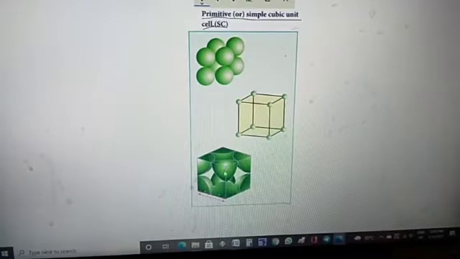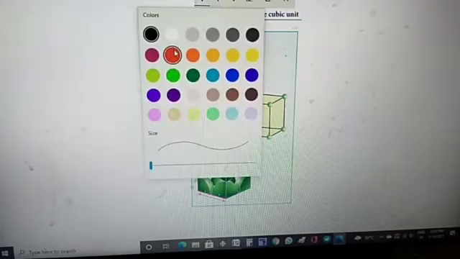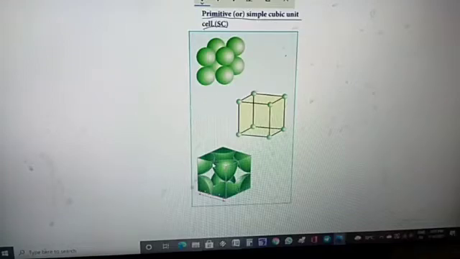Next, the actual portion that belongs to the unit cell can be explained by this. See here, we can't see the total atom. Are you seeing the total atom? No, you can't see the total atom. Now see here, are you seeing the total atom? No. Here also you are not seeing the total atom. It is a part of an atom, 1/8 part of the atom. How much is it?